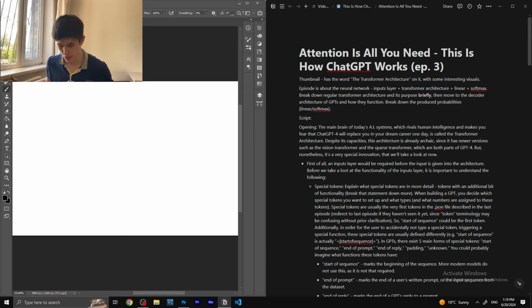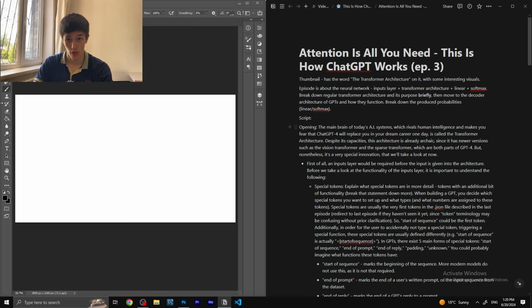Because after all, it set off the AI race. It's still an innovation, and it's still very significant, even if there's a vision transformer that allows GPTs to create and process images, and even if there's a sparse transformer, which is a better version of the regular transformer. The transformer is still a very progressive innovation. But first of all, what I noticed last episode is that I didn't cover